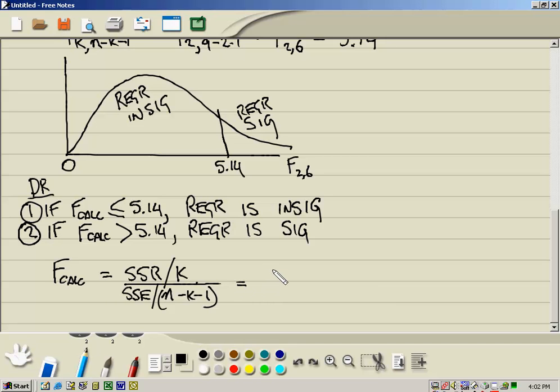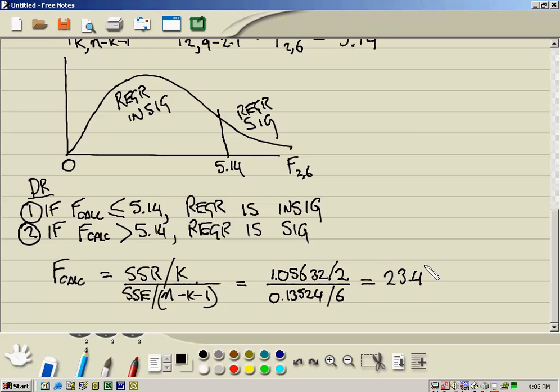The regression sum of squares from the table, Excel output, 1.05632 divided by the k of 2, and that divided by the error sum of squares of 0.13524 divided by degrees of freedom there of 6, and that works out to be approximately